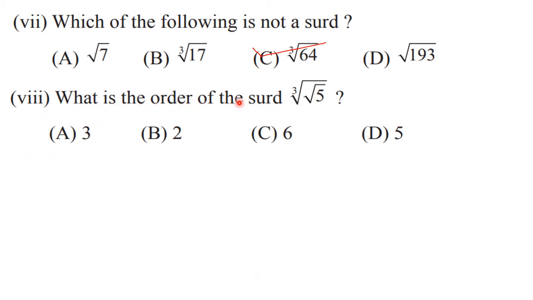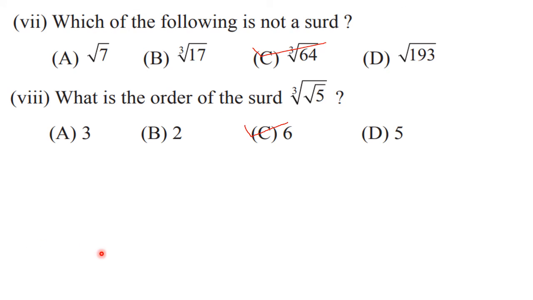Okay. Now let's go further towards the 8th question. What is the order of the surd? Now see, you have studied indices in lower standards. So when you have a raised to m raised to n, that time the order is mn. That means you are multiplying the orders. Similarly, here also you are going to multiply the orders. Here the order is 3 and here the order is 2. So you have to go for multiplication. 3 into 2, that is 6. So your answer is 6. You have to multiply.